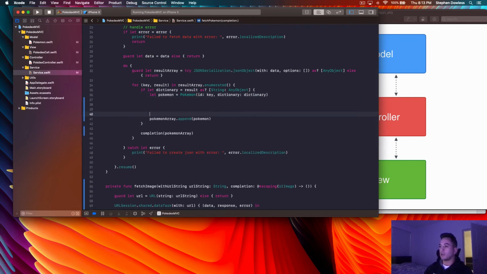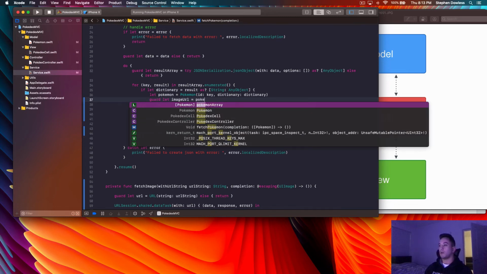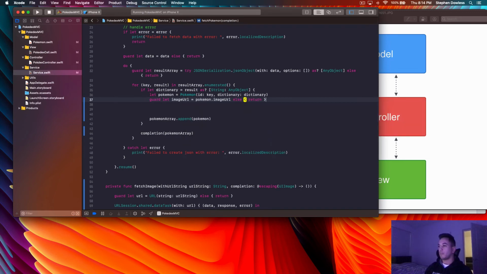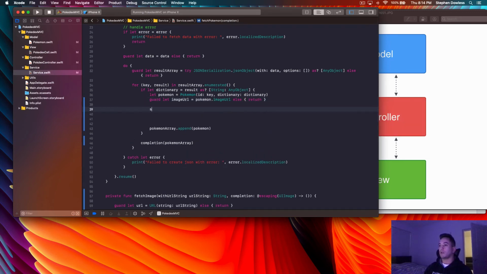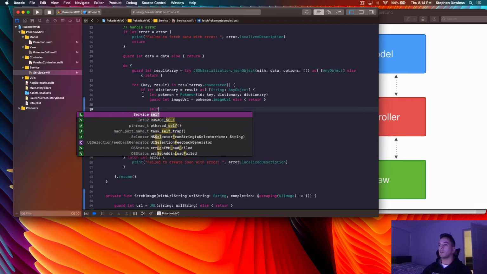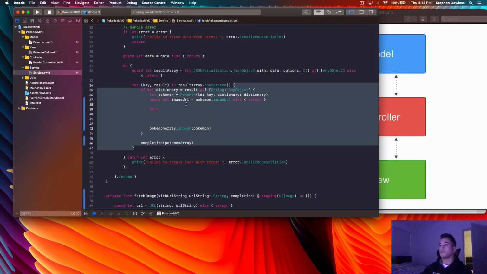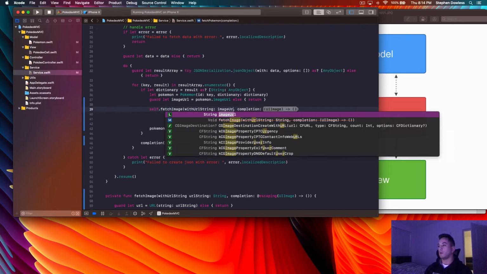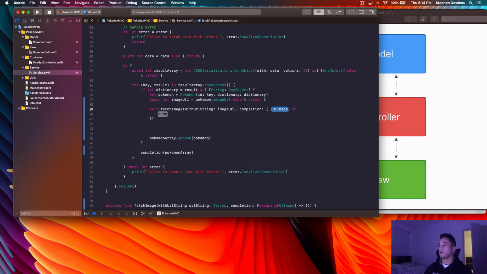So let's go right underneath let pokemon, and we're going to say guard let imageURL equal pokemon.imageURL else return. Then go down here and call that function. Because we're in a closure, we need to say self. So let's say self.fetchImage with that image URL, and then hit enter on our completion block, and then we have access to that image here.